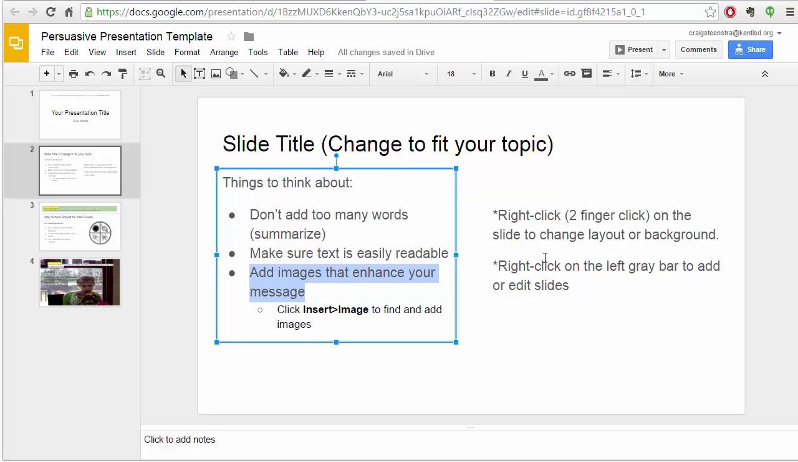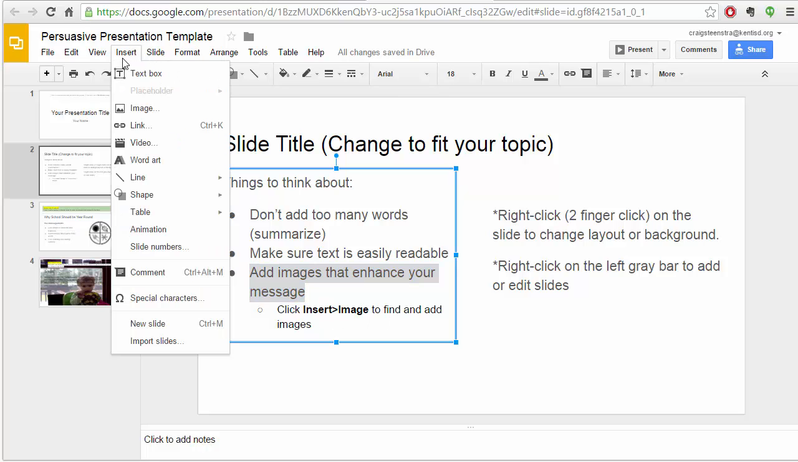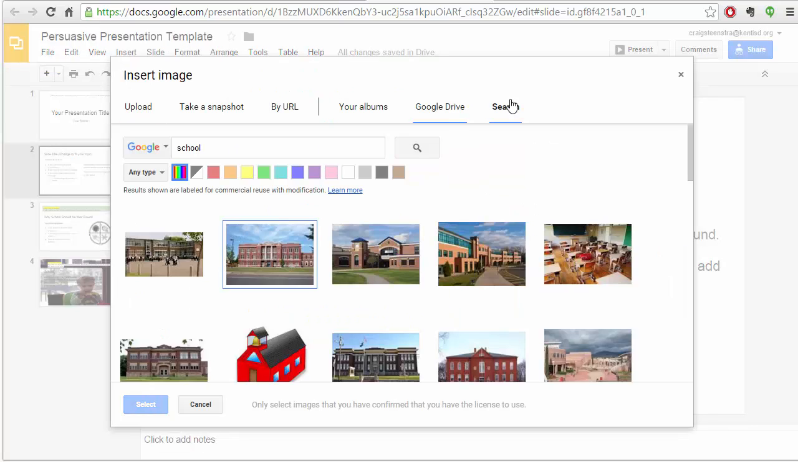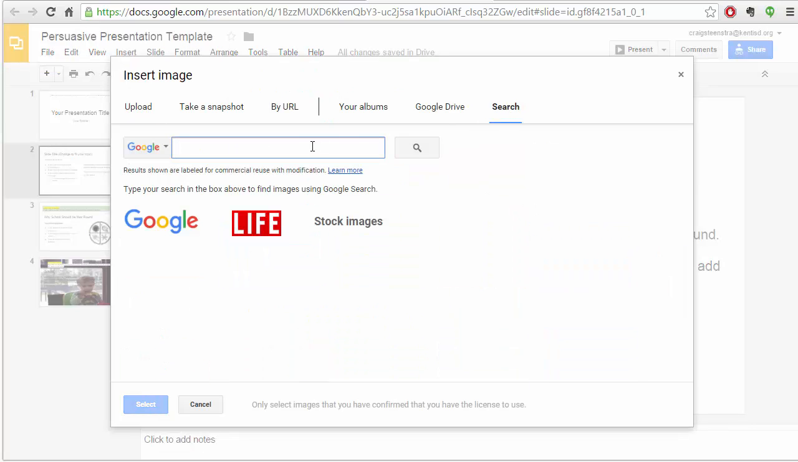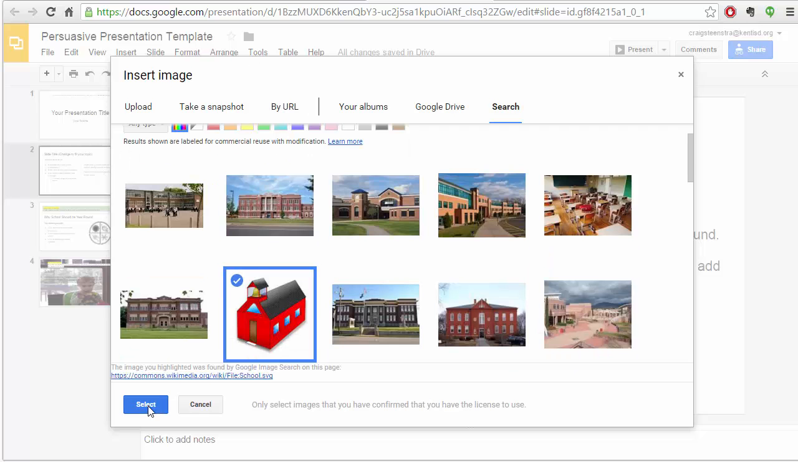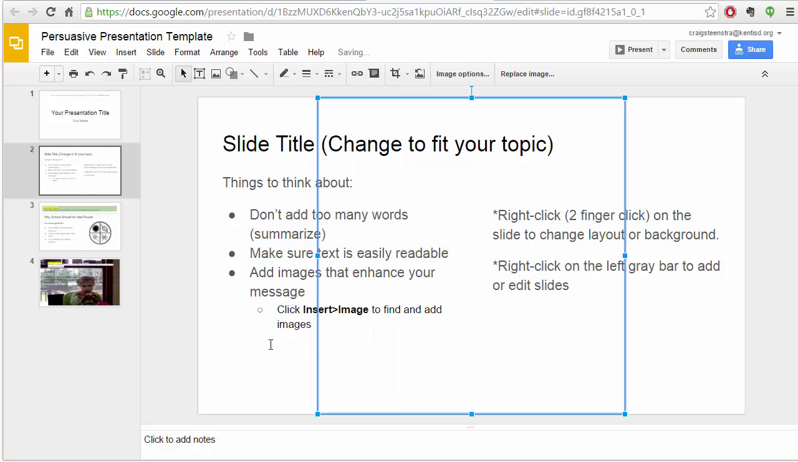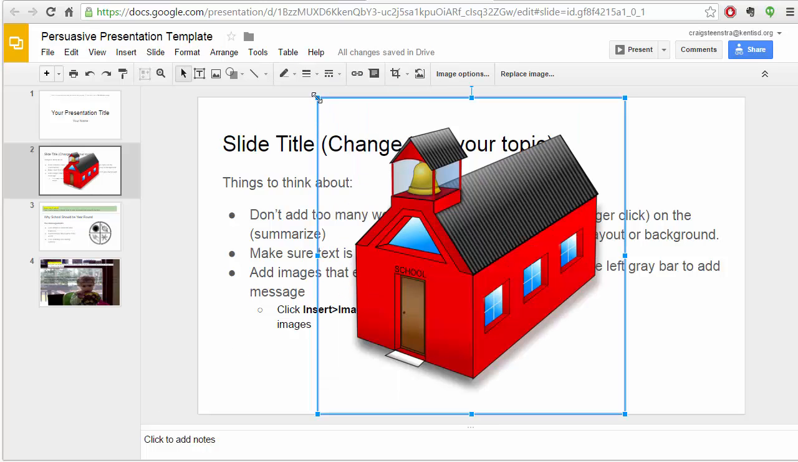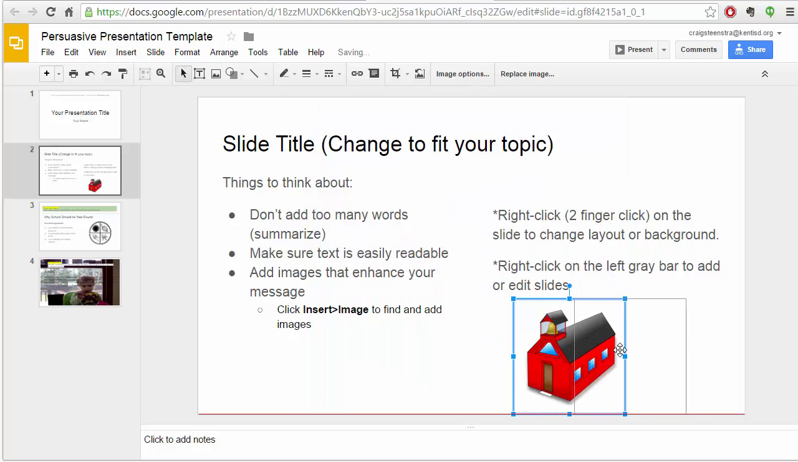So a couple of tips if you want to add images. I think the best way is to go to Insert, then Image. Then you can click on Search over here and search for what you want. In this case, school. I'm going to go with that school. Looks cool. Select. That will bring the image in, and then I can resize it to be where I want